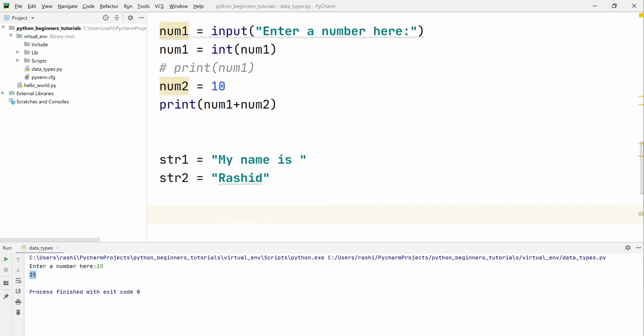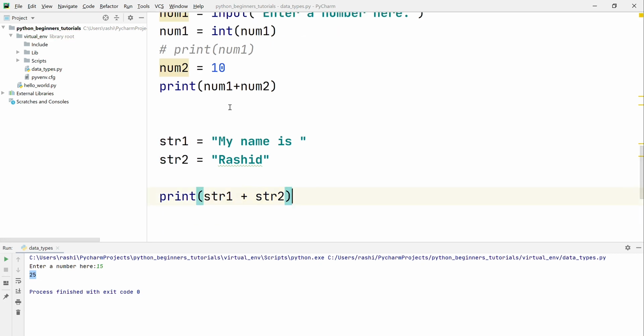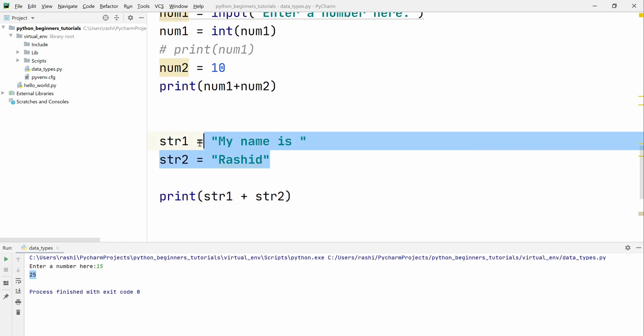If I perform a string operation here, I'll say str1 plus str2. Let's print this result. So what will happen here? Both of these variables are string type, so this will not throw any exception. It will simply concatenate these two strings.